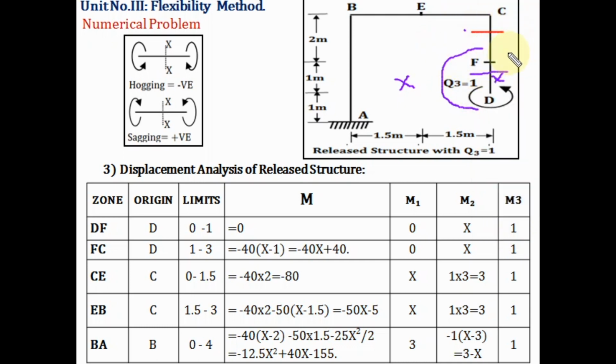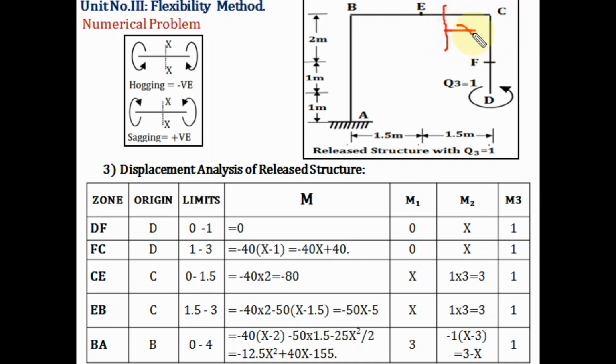FC. Again measure x from where? Measure x from D point. Okay. Here due to this force, this nature will be again sagging. Okay. So again plus. So the intensity of this moment is 1. So only 1. We do not multiply here by the length. So we'll consider the next zone, that is